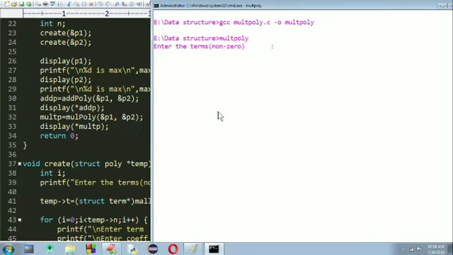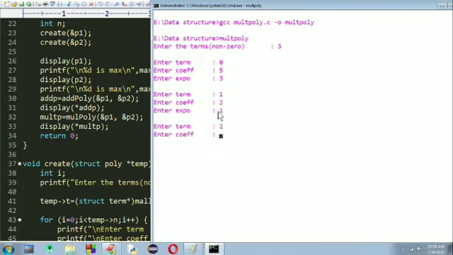Okay, suppose the first polynomial has 3 terms. Enter the number of terms: 3. The first term has coefficient 5, exponent 3; then 2 with exponent 1; and 3 having exponent 0.